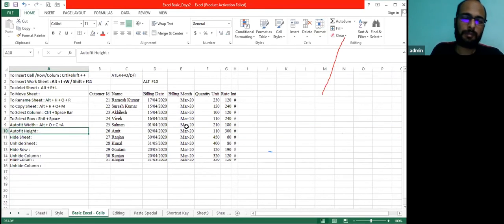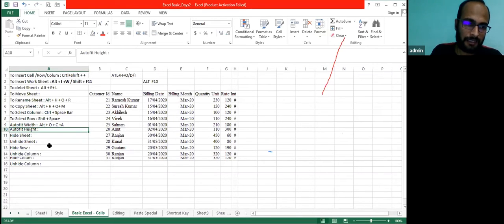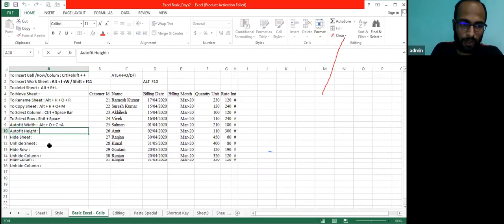In case some of your text is not showing, let's suppose you have wrongly dragged this cell and reduced the height of the cell. You can see the difference between the cell above this cell, like row number 9 and row number 10. So I want to apply auto fit, then Alt O R A. You can apply it on your Excel. I hope this auto fit is clear to everyone.